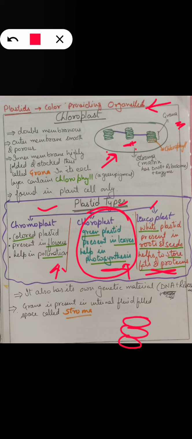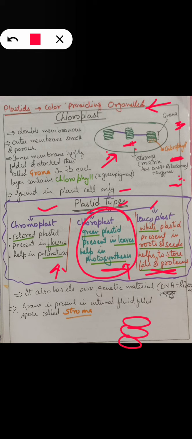Stroma is again a ground substance or matrix consisting of DNA, ribosome and enzymes, as was present in mitochondria. So this organelle also has its own DNA other than the nucleus. So we call it again a semi-autonomous organelle. Again, if a question comes to you, name the organelle which has its own DNA or genetic material, one name is mitochondria, and another name you will say is the chloroplast. This structure is called a grana. Here you can see in the diagram, these orange dots I have made are the place where the chlorophyll is present. The role of chlorophyll is that it helps in the process of photosynthesis.